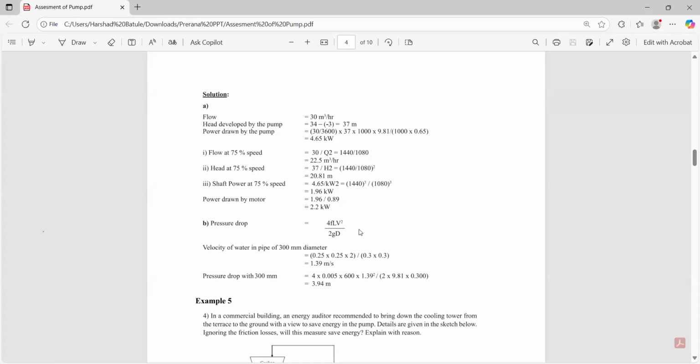We need to calculate only the pressure drop of the 300 mm diameter pipe. The velocity can be calculated from the 250 mm dia pipe. To calculate that, area into velocity, we need to have